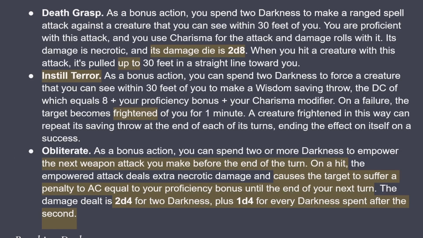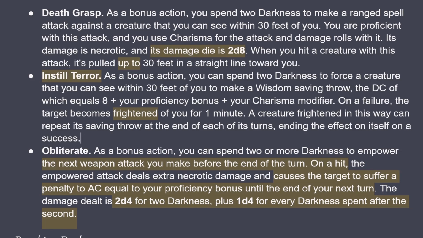I think this should be at least d6s, like almost everything else is d6s. The 2d8 scales about right at level 7 for what you could potentially get out of a dual wielder feat bonus action attack. So that seems fine. But yeah, I really do love all the options we get here. I think they're all really cool, thematic, and really powerful control options, plus Obliterate, which I think you would not